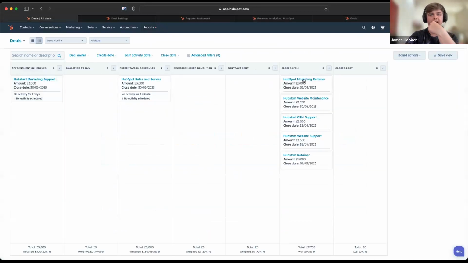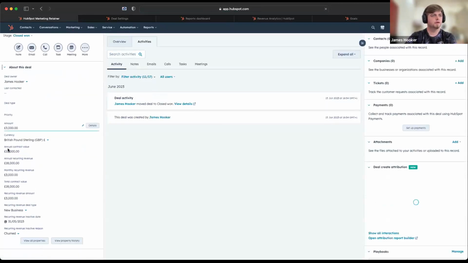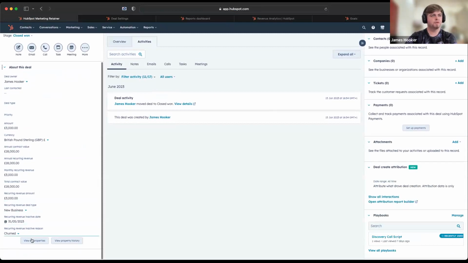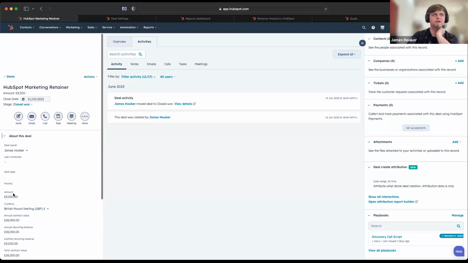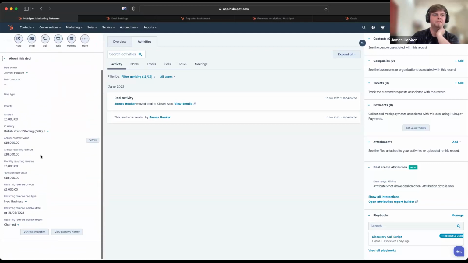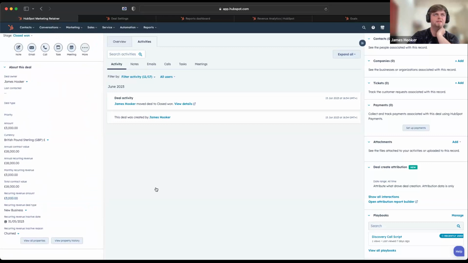So if I go and have a look at one of these deals, let's say, you'll see that there are some recurring revenue properties in here. We've got the recurring revenue amount, which you can use a simple workflow to just pull from the deal amount when the deal closes. So that would literally just be